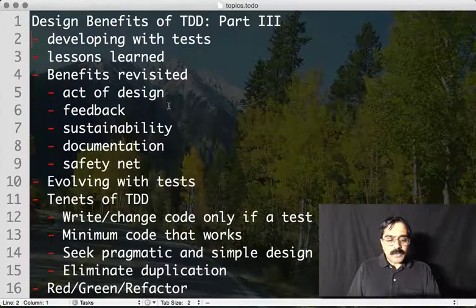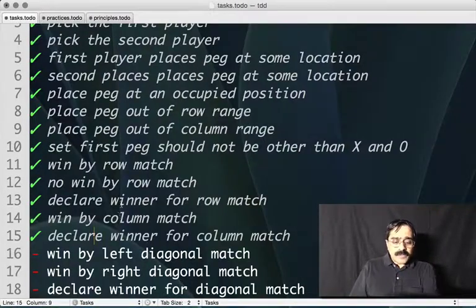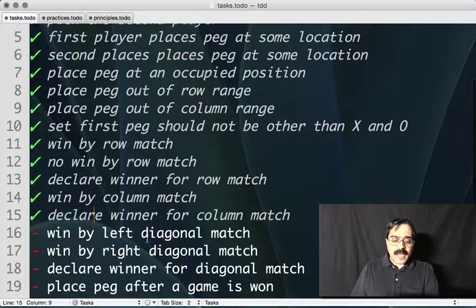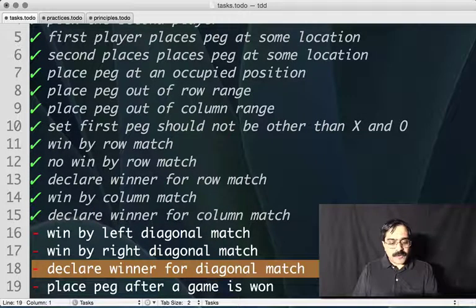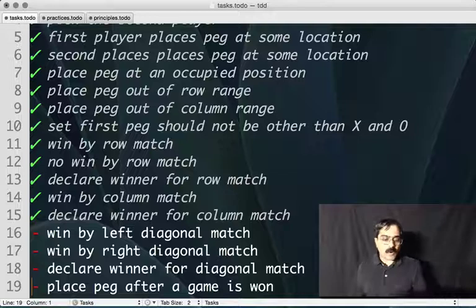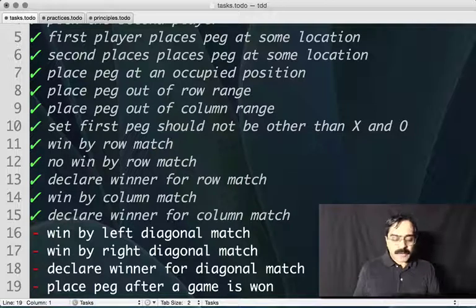We could certainly do that. So we got those tests passing, and likewise we can implement the test for diagonal match as well, and then of course we can check for that. And finally we could write a test for place a peg after a game is won, and for that of